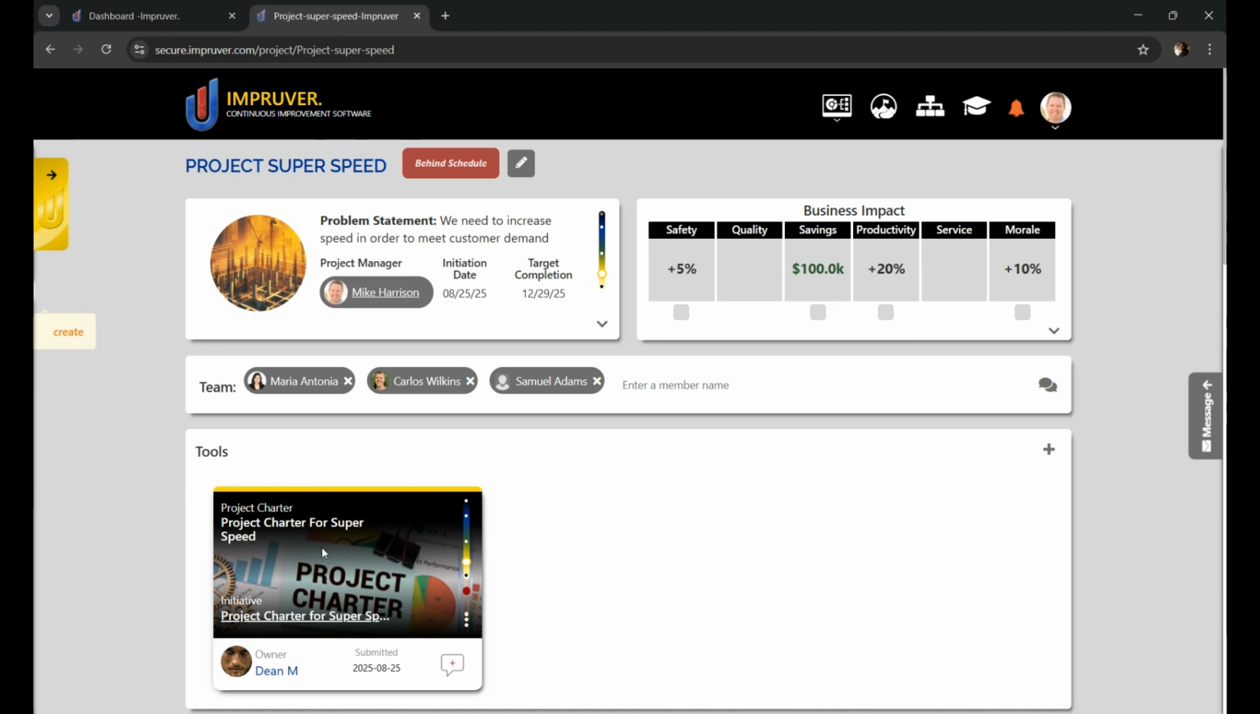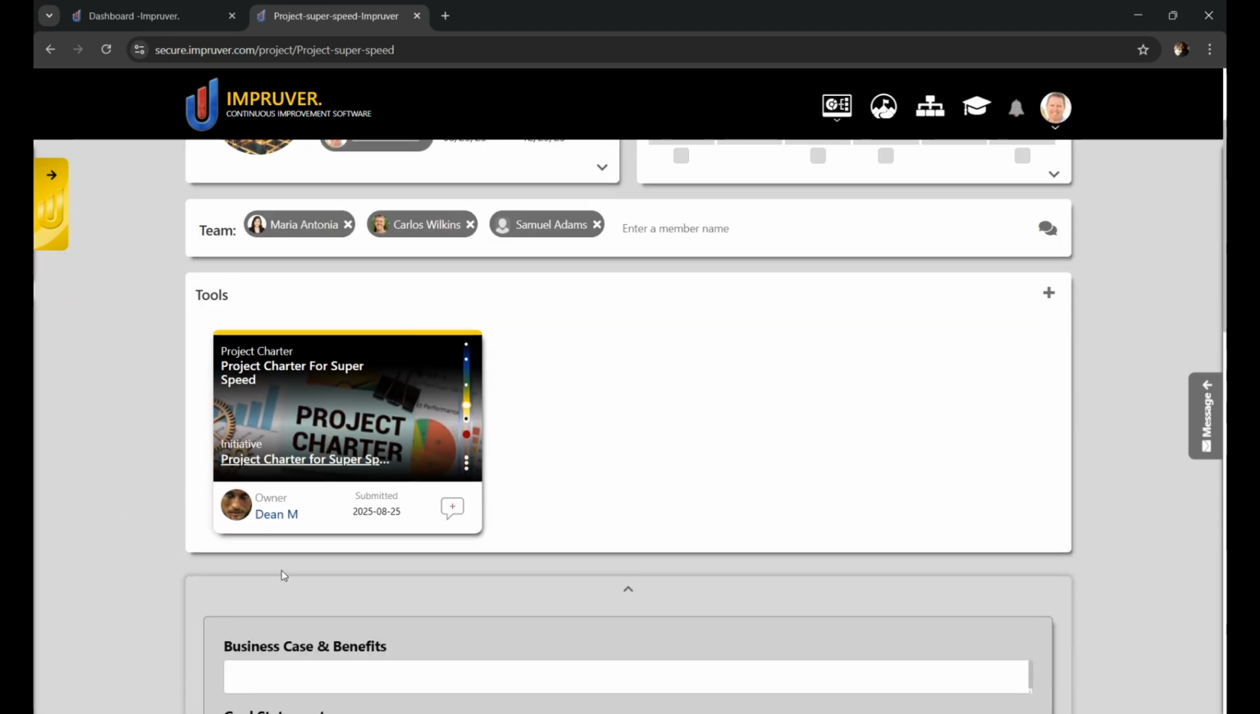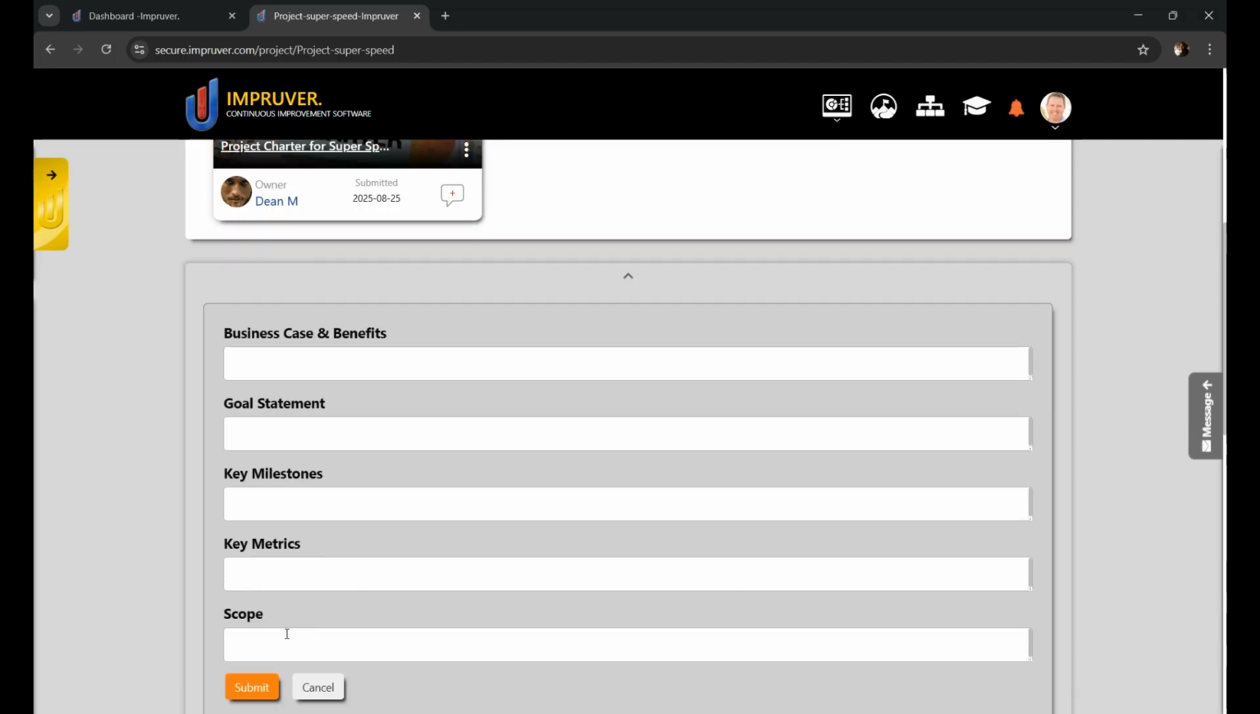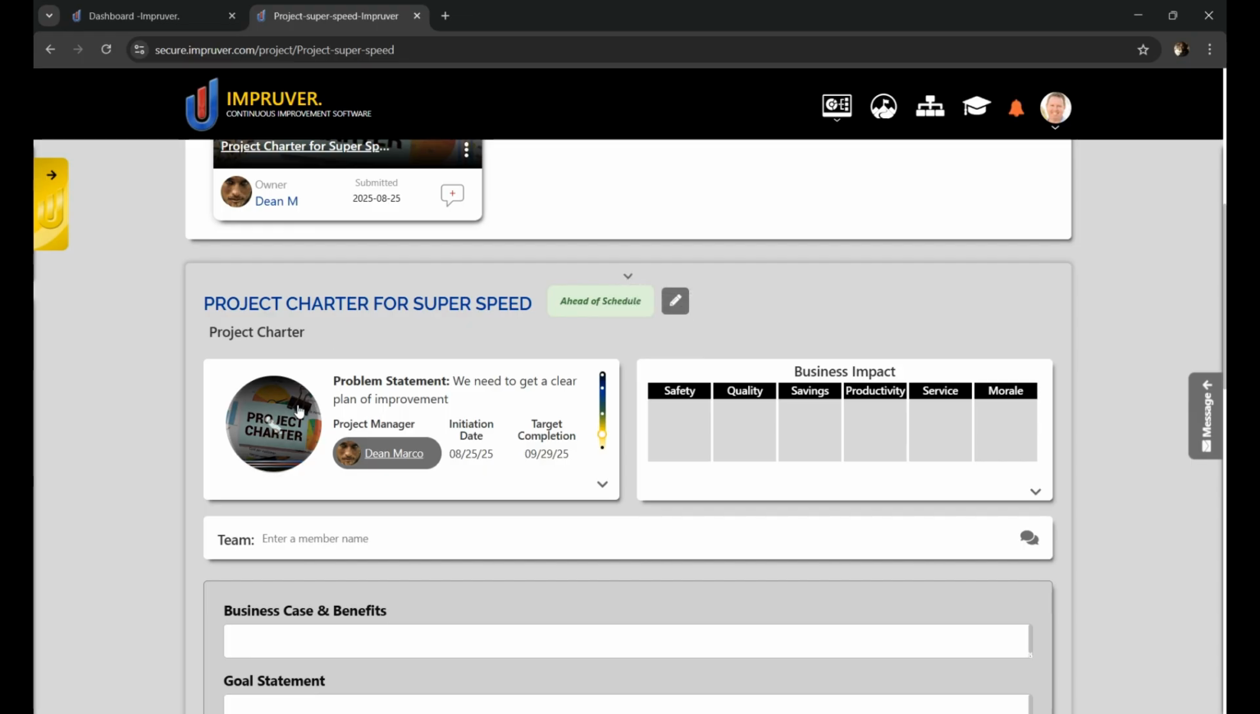And there you have it. It's created this tool, right? And it's actually opened it up just below. And you can see with the project charter, we can enter a business case, goal statement, key milestones, key metrics, and scope. If you click this little header, it'll show the header information that goes with this specific